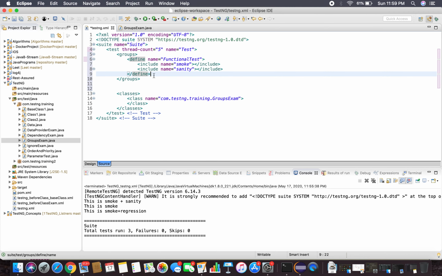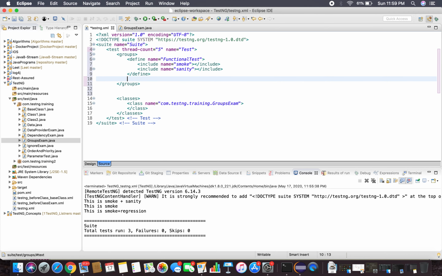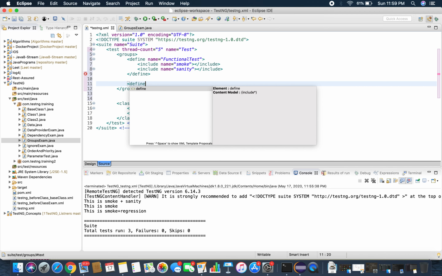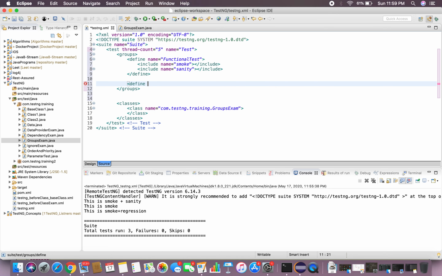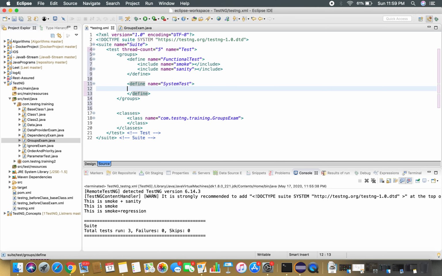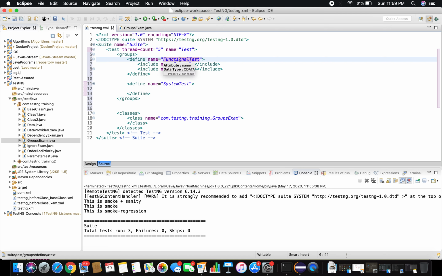And now I'm going to create another meta group, define, this is going to be a system test. This is my system test. In this meta group, I'm going to call this group and additionally the regression.